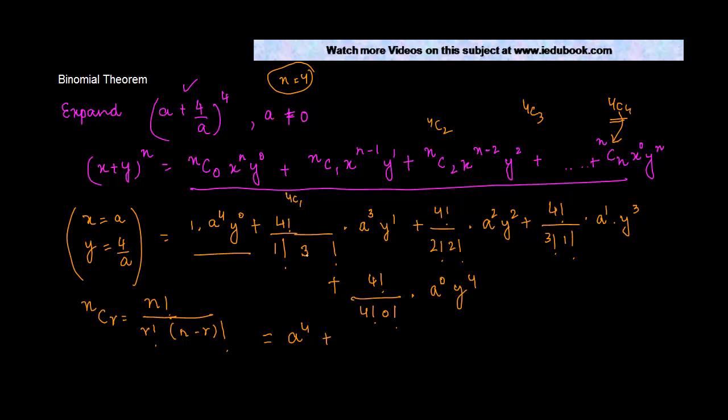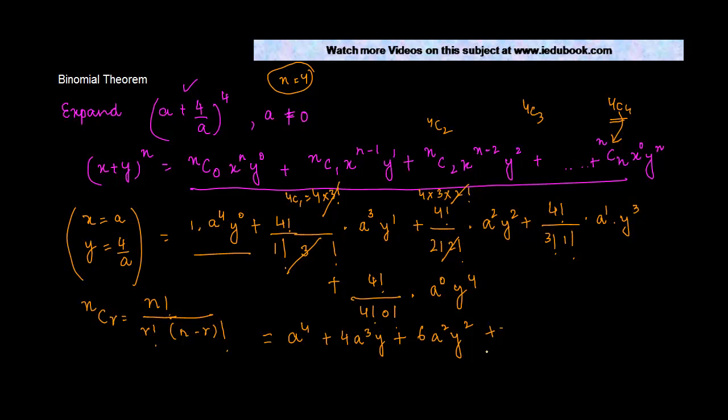plus factorial 4 divided by factorial 3. Now we know factorial 4 is equal to 4 into factorial 3, so this factorial 3 will cancel. We'll get 4a cube y, plus. Again, factorial 4 is equal to 4 into 3 into factorial 2, and this factorial 2 will cancel with this factorial 2. 4 times 3 is 12, 12 divided by 2, because factorial 2 is 2, is 6. So you get 6a square y square